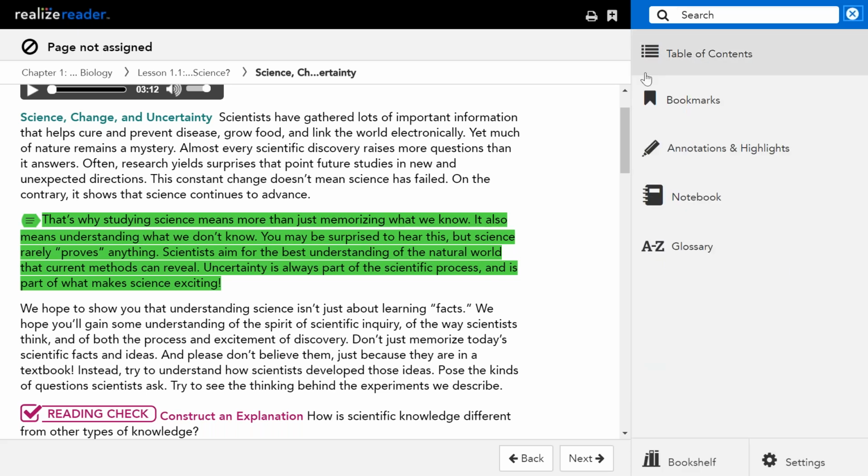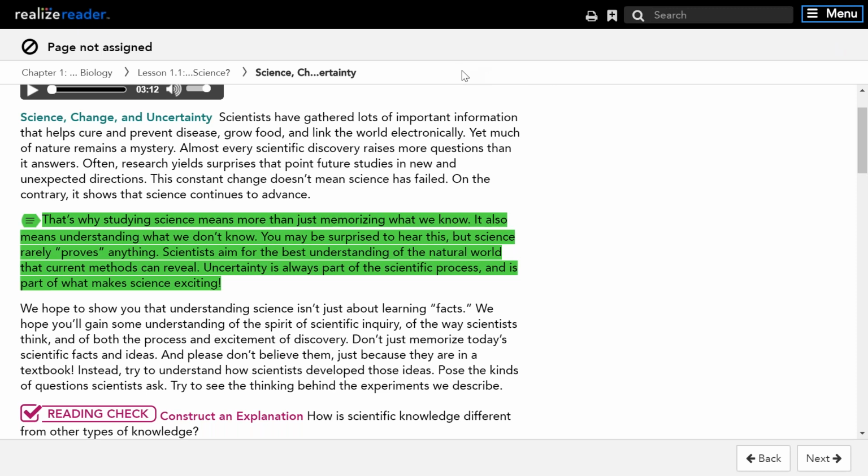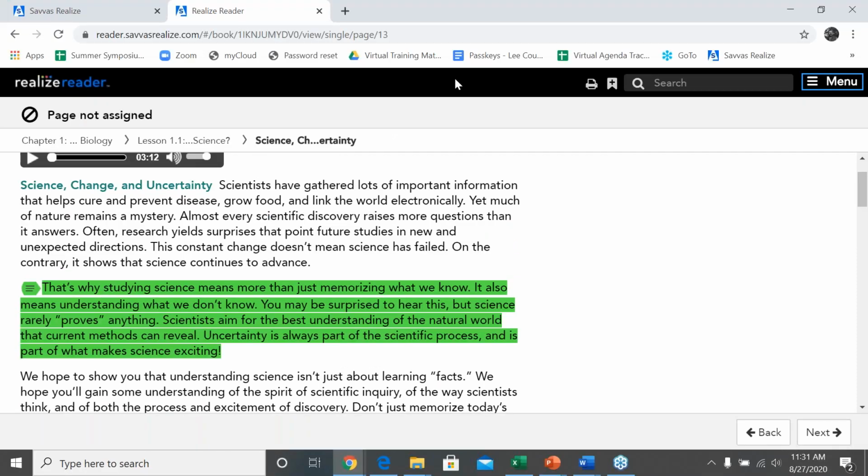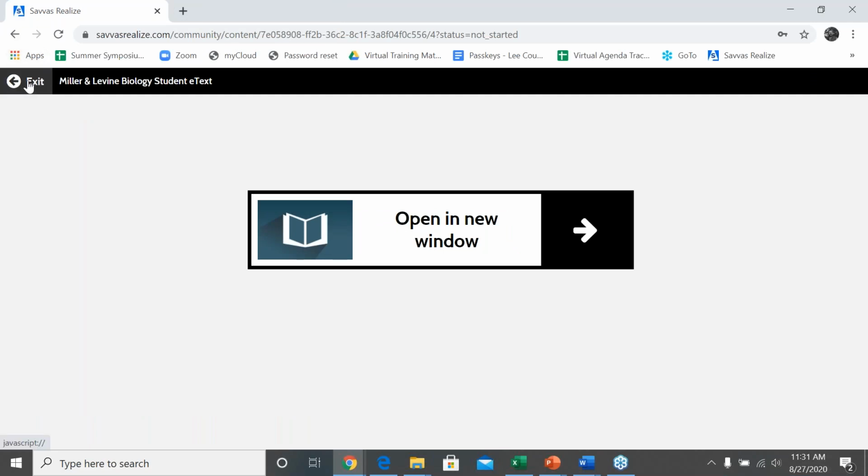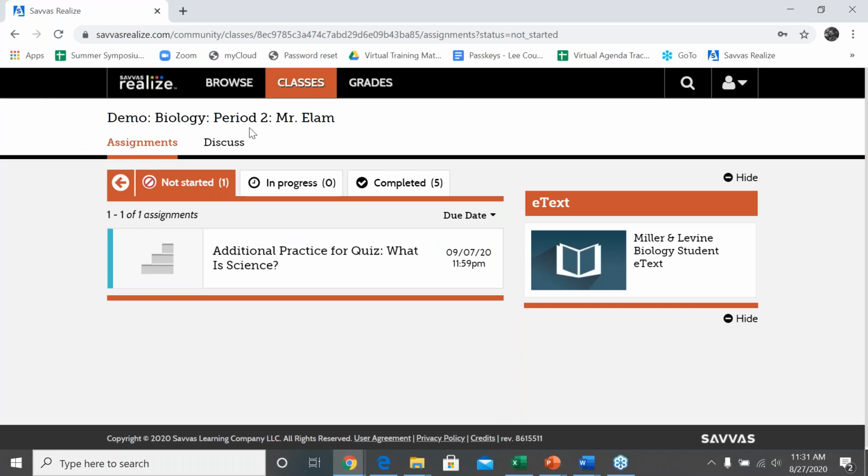All right, so I'm going to close up here and let's head back out of the reader back to Realize. So let's say I'm done looking at the EText. I'm going to exit. The next topic is how can your student, your child, browse content to go back and review maybe last month's